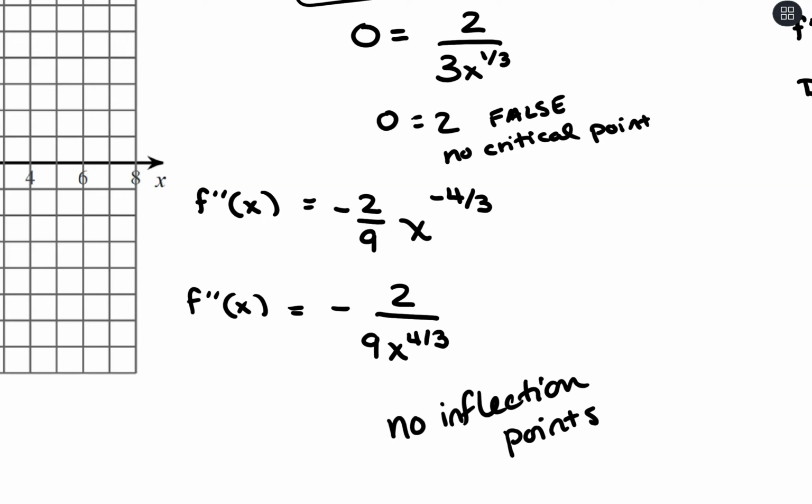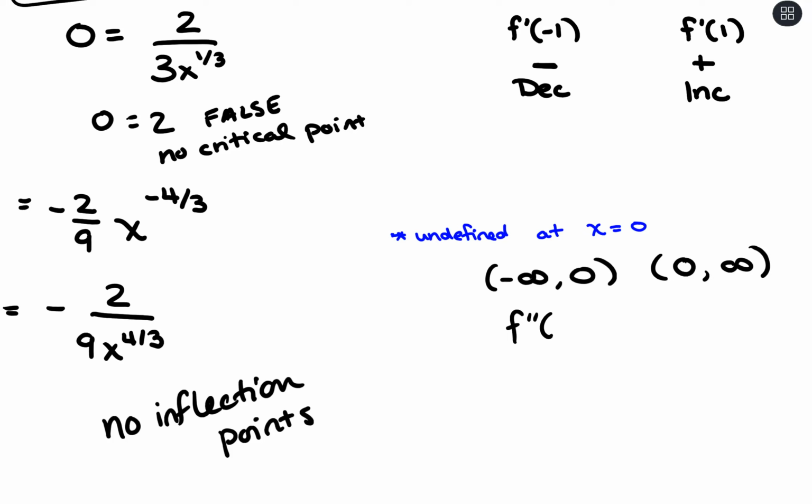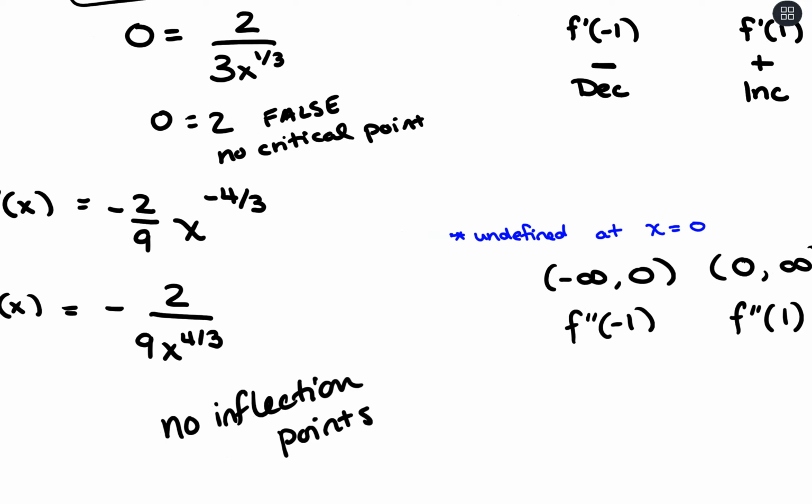But we run into the same scenario where we are undefined at x equals 0. So making our concavity table, that's going to be the only changing point that we have. Negative infinity to 0, 0 to infinity. Let's take a look at that second derivative at negative 1 and second derivative at positive 1. And this one's going to be a little interesting because, as a refresher,